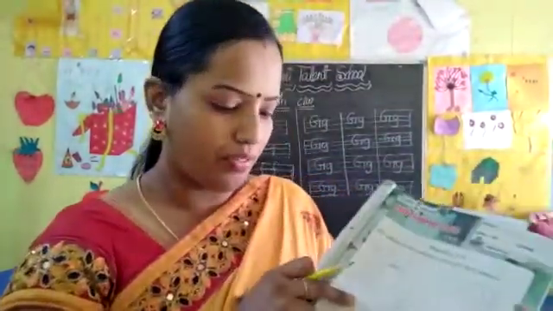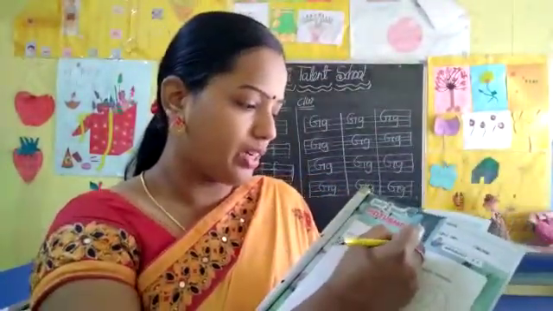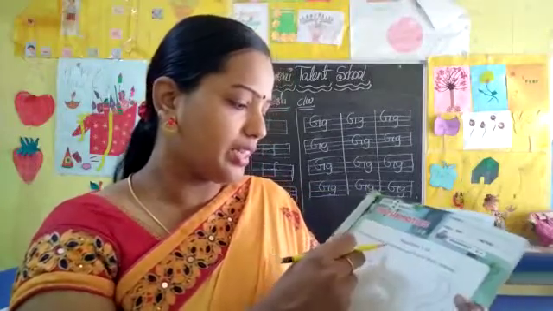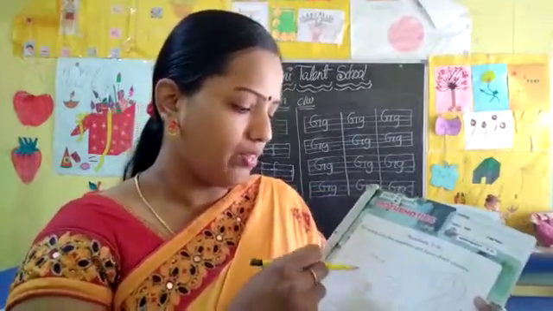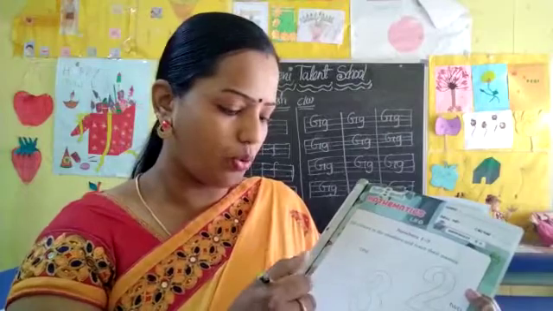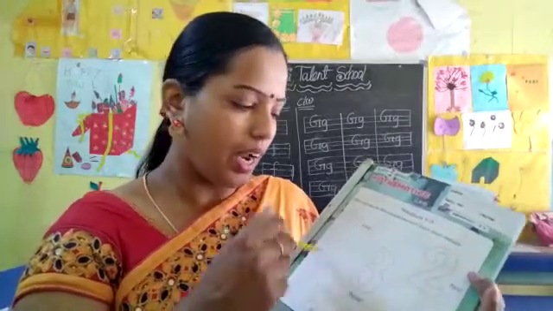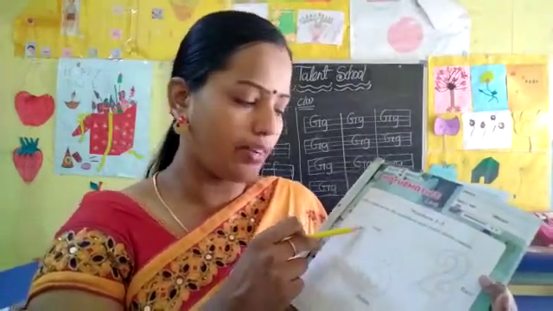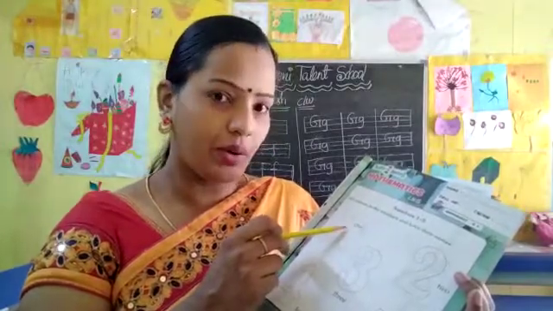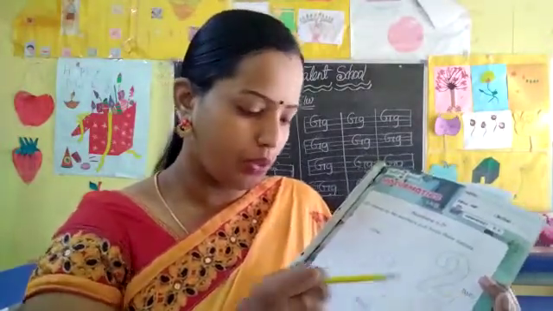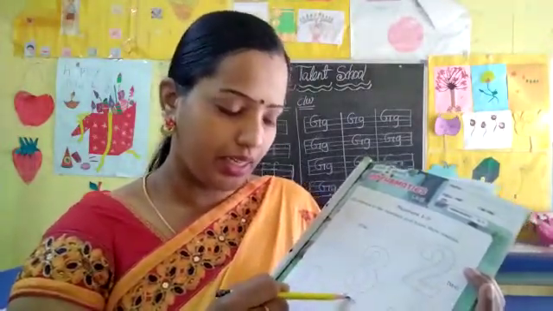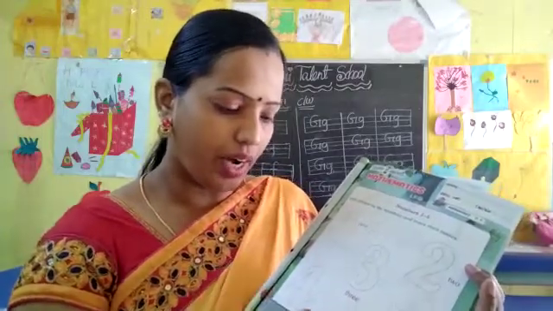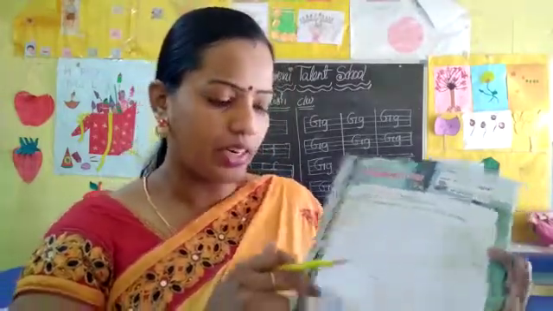And open page number 15 also. Homework, children. Fill the colors in the numbers 1, 2, 3, 4, 5 and learn their names. You should do color. Fill the colors and learn number names. One number name say ONE 1, TWO 2, THREE 3, FOUR 4 and FIVE 5. Okay, children, got it?